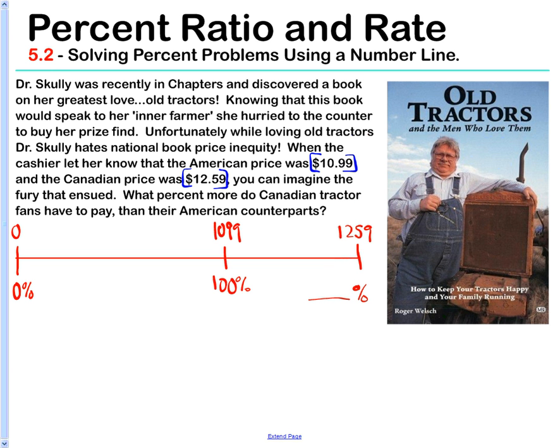So, first step, let's find our differences that we know. If we take $12.59 and subtract $10.99, we are left with 160. So we need to find out what percentage would fit into this 160 area. We're going to find out what 1% of our original price was, so we take 1,099 and divide that by 100. We would end up with 10.99. We just have to slide the decimal over on that particular one. So when we get our